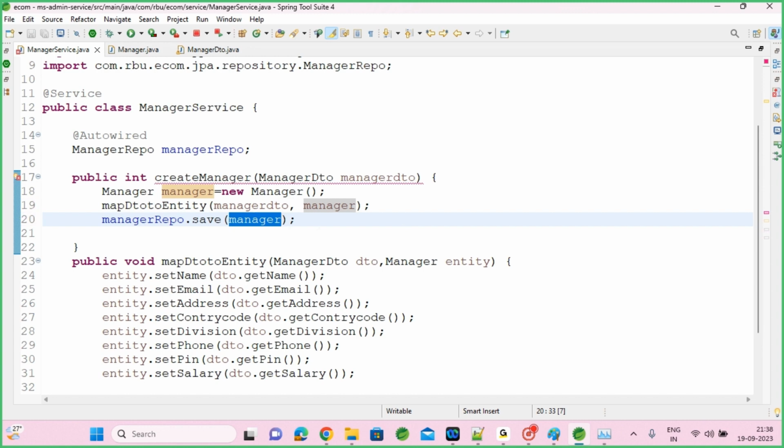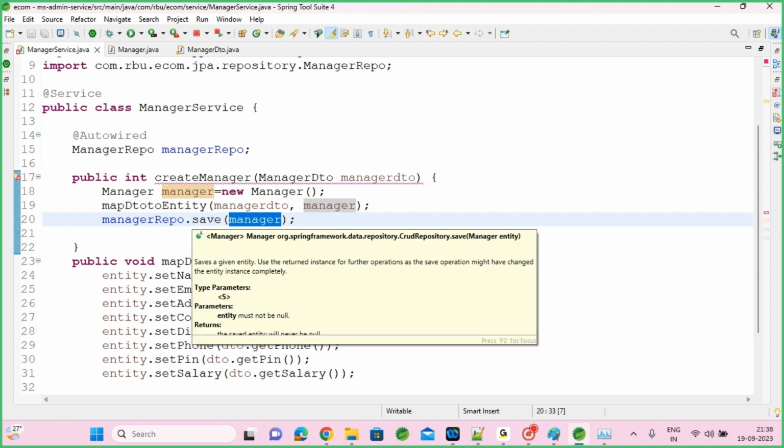What we call it? Pass by reference. The data is available in the next statements. When you overwrite something in that specific object, that still will be available. So in this object, I have set all the data that will be available here. Save method, finally, it will return you